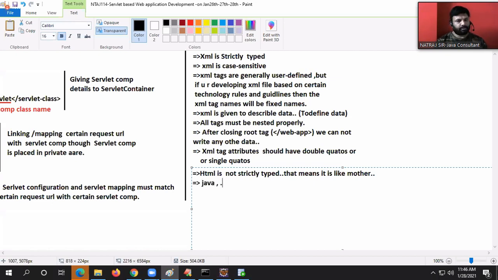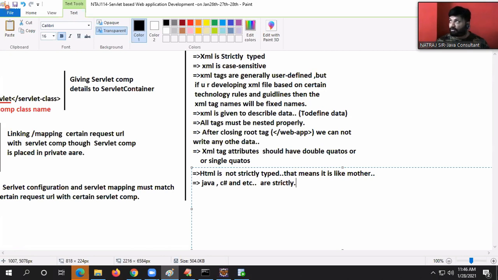Java, .NET, C Sharp and etc. are strictly typed. Should be there means should be there. But HTML is not strictly typed.